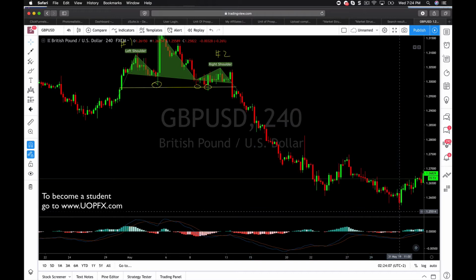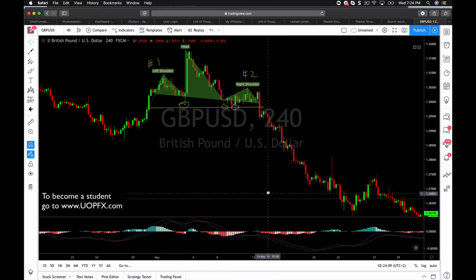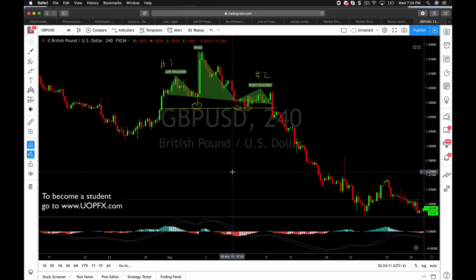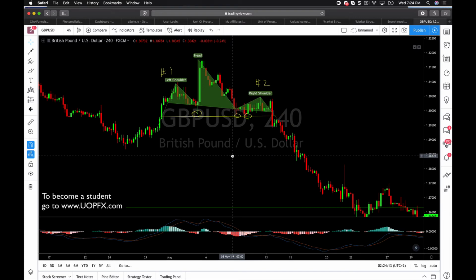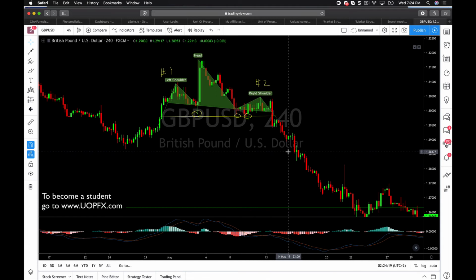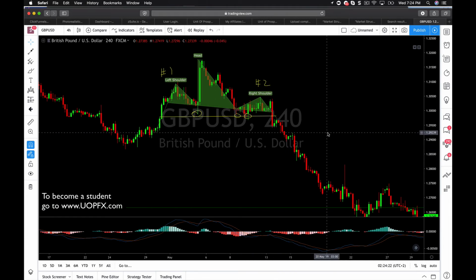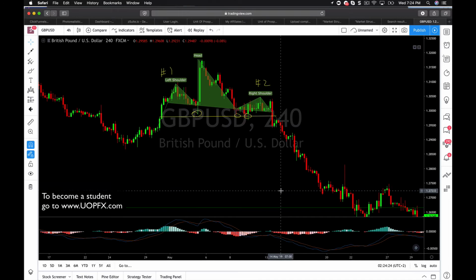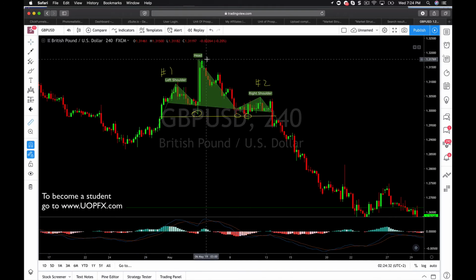Some of you may be wondering, how can I set my take profit levels? There's really a couple things you can do. First of all, you want to use price action levels to determine your take profit, whether that be Fib extensions, support and resistance, etc. But what I like to do, especially when I have a pattern like this, is do what is called a measured move.